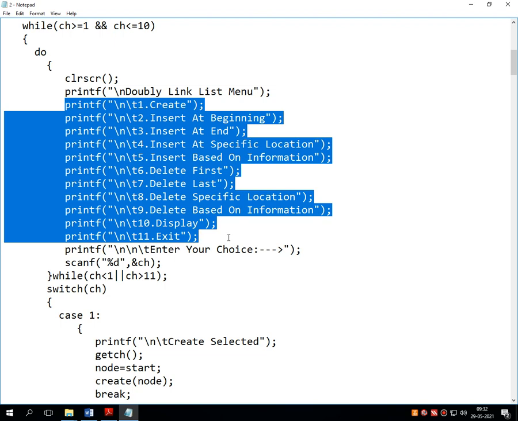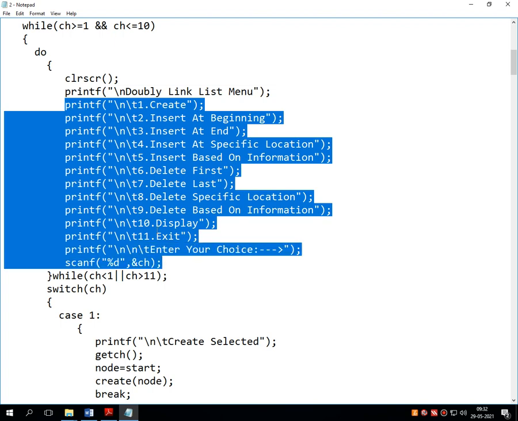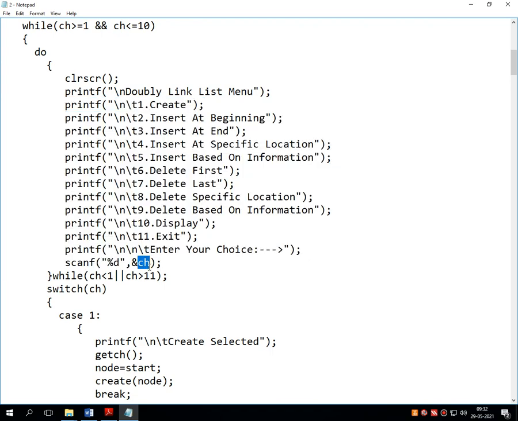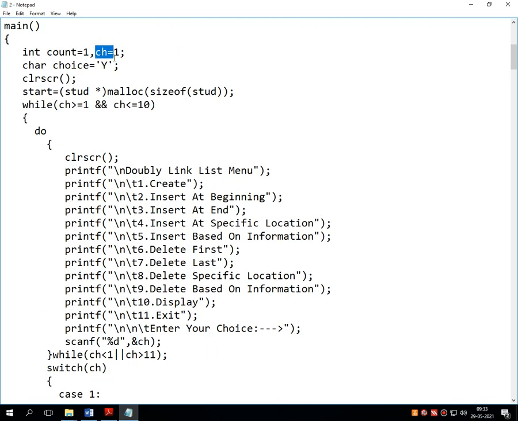Then various delete operations like delete first, delete last, delete specific location, delete based on information, option number 10 is display, and option number 11 is exit. Whatever choice is entered by the user is stored inside the variable called ch, which we have declared over here, and by default it will select option number 1.